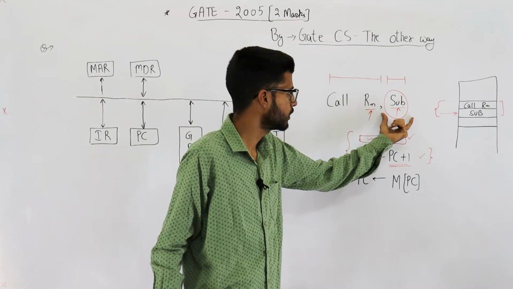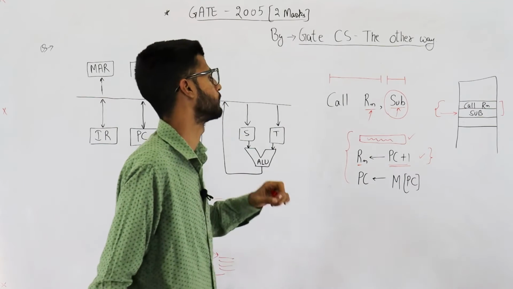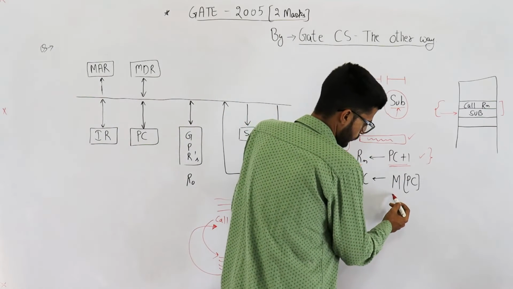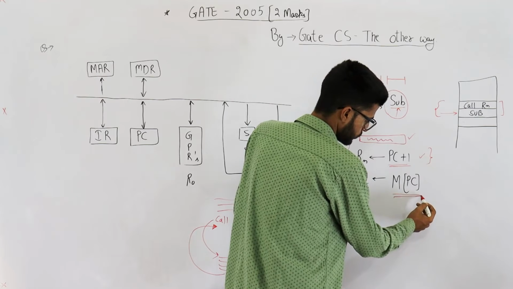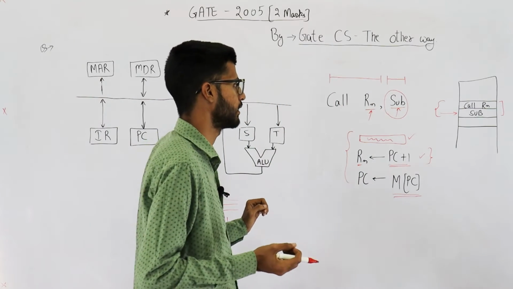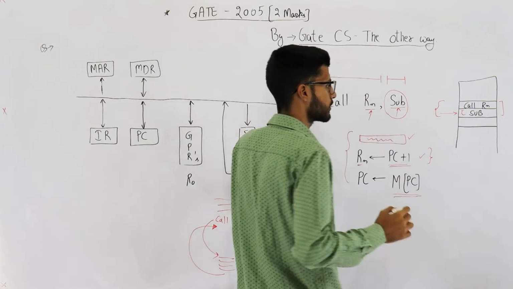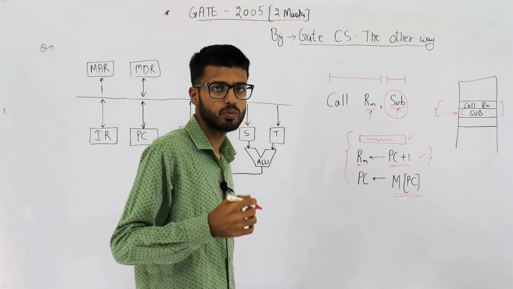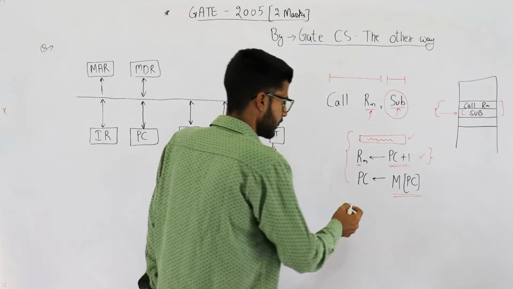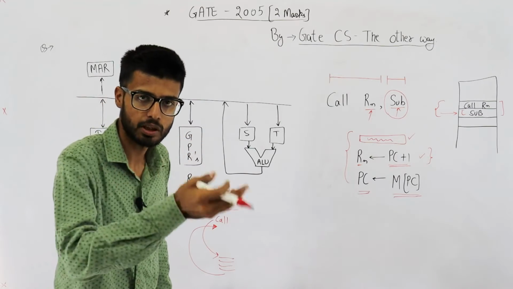So we actually need to fetch this part also, then only we'll get to know the address. So whatever PC points to, we are loading that, we are reading that address. That means we want to read this address sub, and where do we want to save it after reading? Into PC itself. Why into PC? Because we want to jump to this